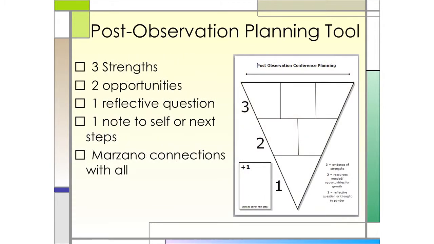This is an example of a tool that you can use in order to prepare for your post-observation conference. This document is attached to the email you received with the link to the video, but any form of planning is sufficient. Whatever tool you use should reflect upon the strengths and opportunities for growth from the observation. You might notice on this specific tool that there are more strengths than growth opportunities because we want to highlight the successes of our mentees.